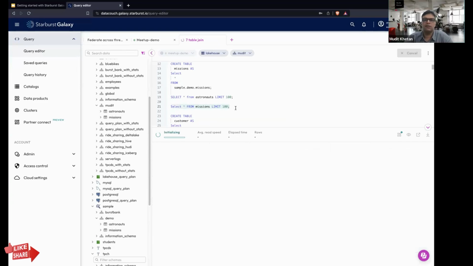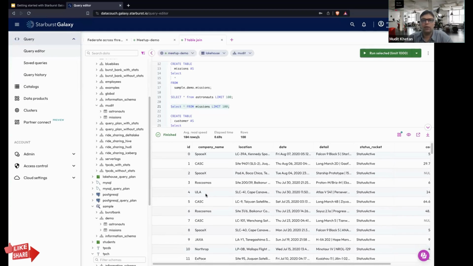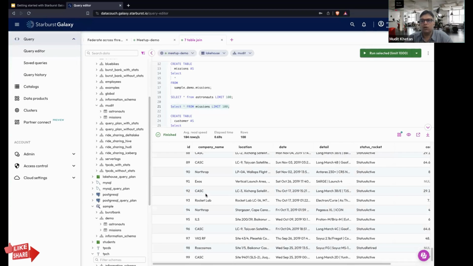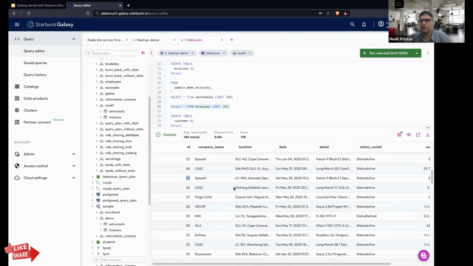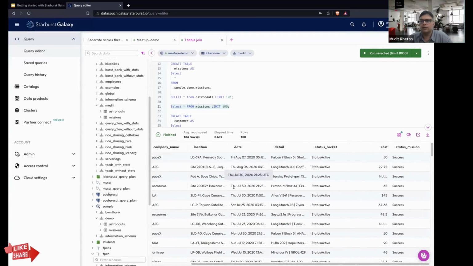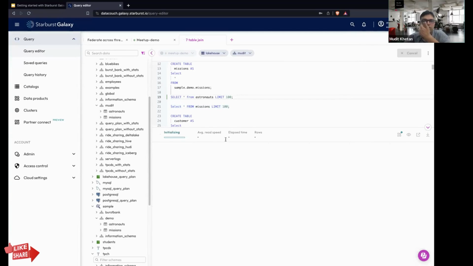Total missions, the space missions that have been run so far, right? There are only 100 records there, although there are a total of 184 records, but we have selected only the first 100 records. So we have the mission ID and the status of the mission, right? Now let us run once again the astronaut query.